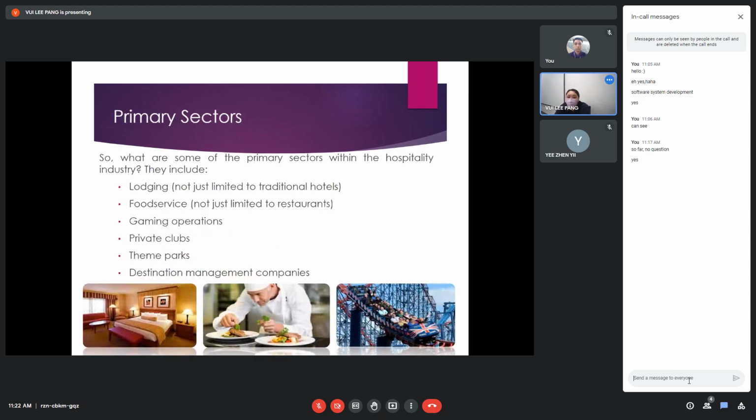Okay, so what are some of the primary sectors within the hospitality industry? They include lodging, so not limited to traditional hotels. Second, food service, not just limited to restaurants. Third, gaming operations, also under the hospitality industry. And number 4, private clubs, the theme park, the destination management company,